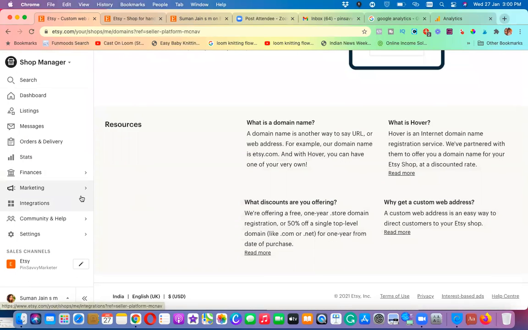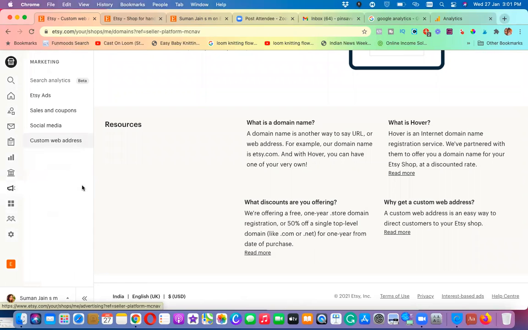These are some of the essential things because this will help you set up your store like a pro. Many people don't do it. They just open it, they list it, and that's it. They don't do the settings. They don't understand the power of sales and coupons. I would suggest you do it, because if someone is liking your store, they have an opportunity to buy something.